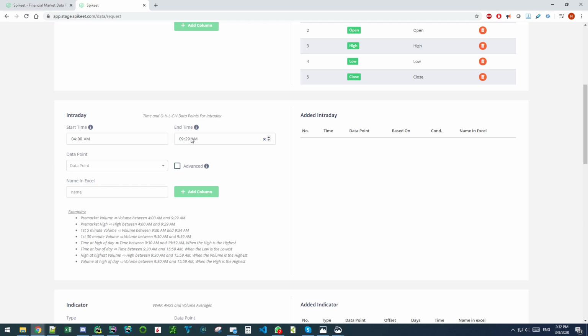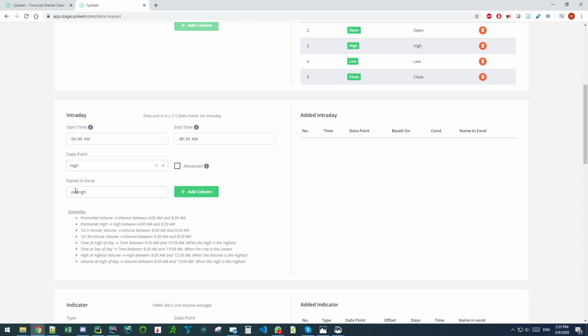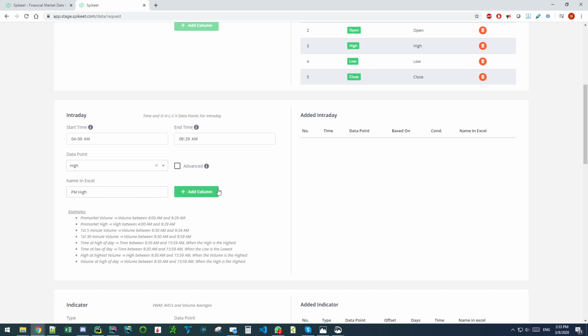So if we want pre-market data, we would put 4 a.m. to 9:29 a.m. And if you want, for example, the high, we can get the pre-market high. So we will do PM high, and this field will give us the pre-market high of all stocks or all ETFs or warrants or whatever assets you chose. If you want the volume, you would set the volume. You would give it a name in Excel,